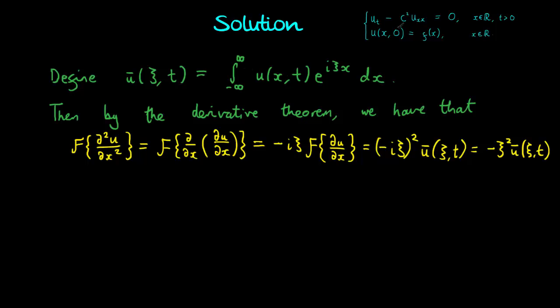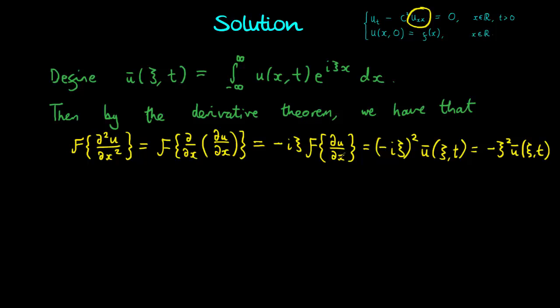And then we're going to apply Fourier transforms to both sides of the heat equation. So when we look at the term uxx in the heat equation, we're going to use the derivative theorem straight away, because the Fourier transform of the second derivative of u with respect to x, well, we can write that as the Fourier transform of the derivative with respect to x of du by dx. And then remember that the derivative theorem says that if we have the Fourier transform of the derivative of something, then that is exactly the same as minus i xi times the Fourier transform of that thing, in this case